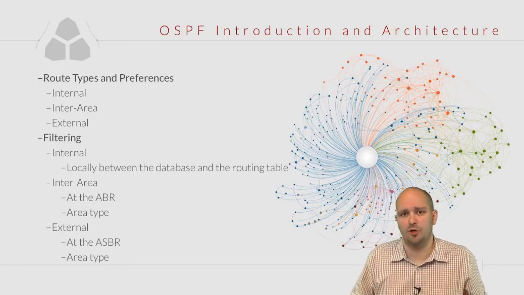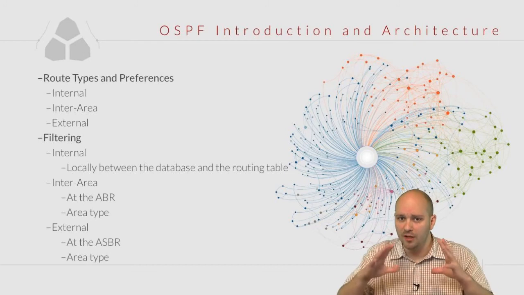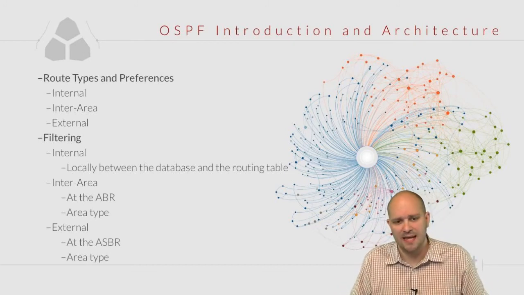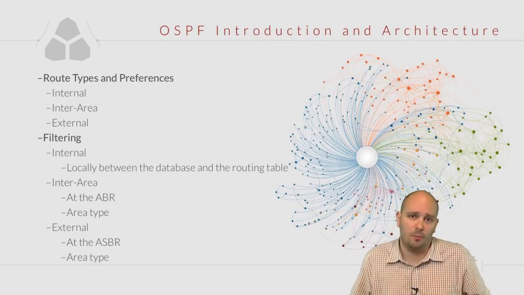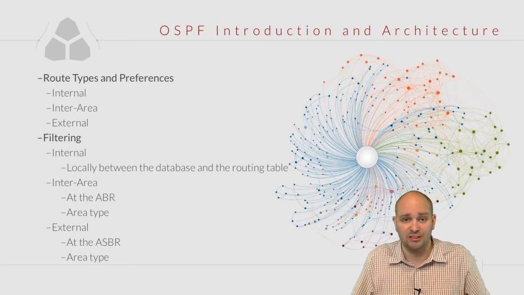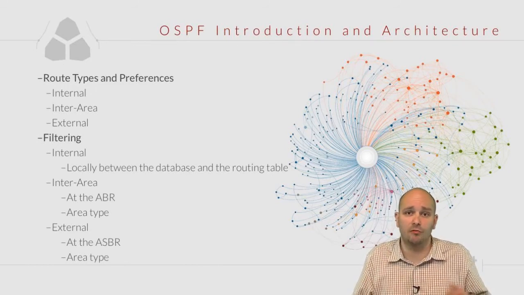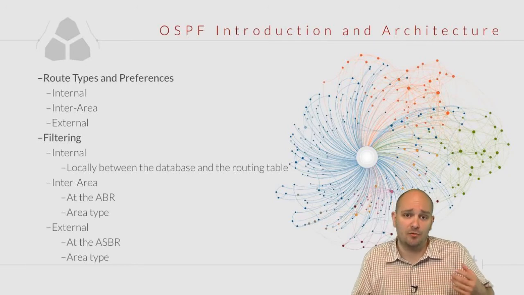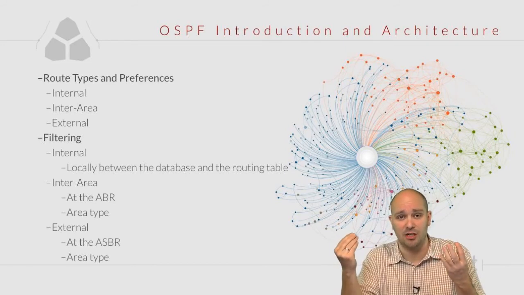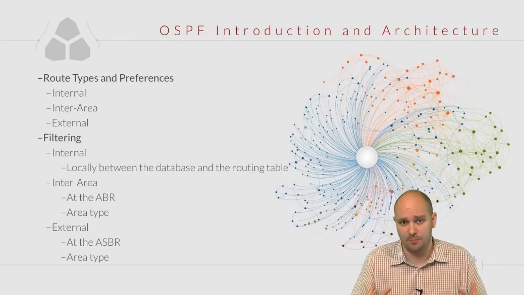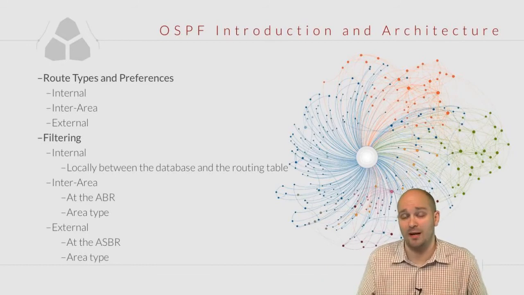And there are three types of routes in OSPF. They are internal routes. These are the routes that are calculated from the type 1 and type 2 LSAs, and these are the most preferred routes by OSPF. The second preference is given to inter-area routes. Inter-area routes are carried by type 3 LSAs, and they are, generally speaking, the result of one ABR calculating routes based on type 1 and type 2 LSAs in one area, and then summarizing and sending this information into another area. The last preference is given to the external routes, and these are carried by type 5 or type 7